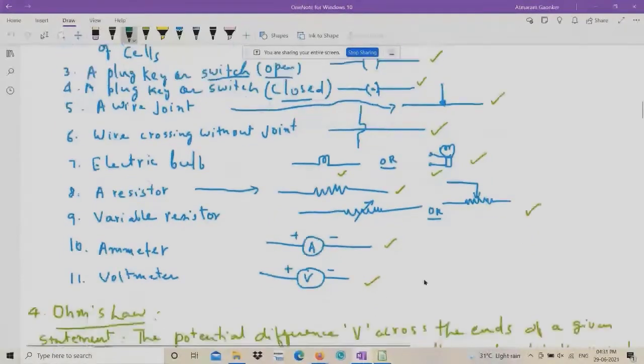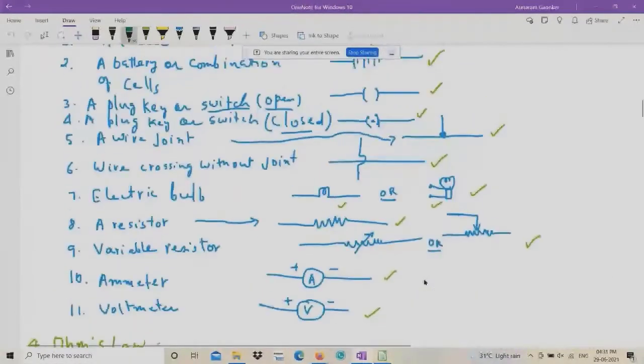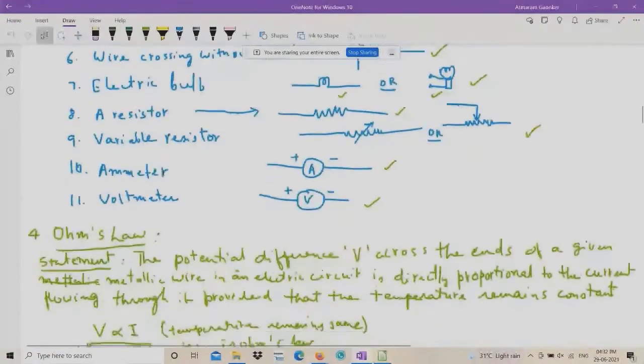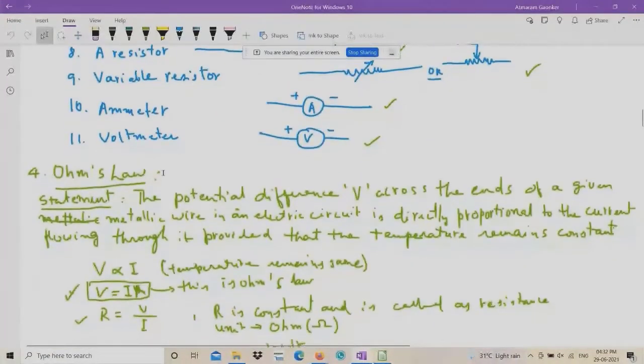So this is what you have to know. And before going there, the next topic is very important, that is Ohm's law. Many questions can be asked based on Ohm's law, and it is very easy. Don't worry. Just remember 3 or 4 quantities in one formula, and this formula is again repeated in one form or the other. So this is very, very simple. Don't get confused because of so many formulas.